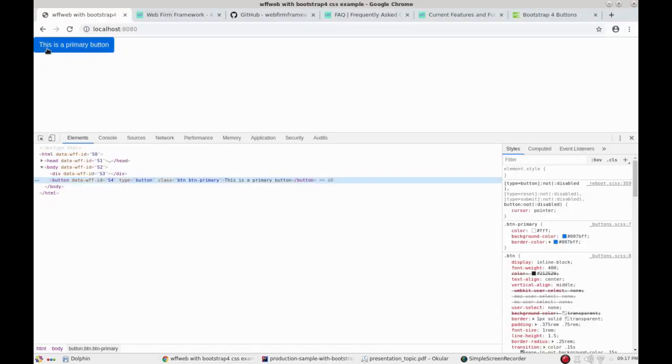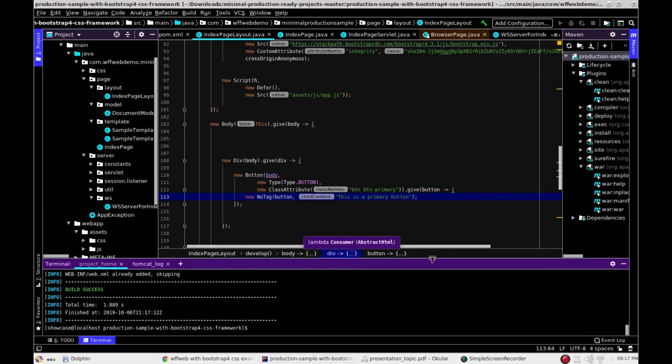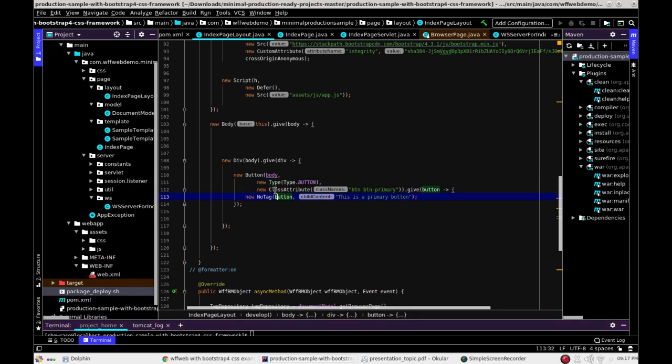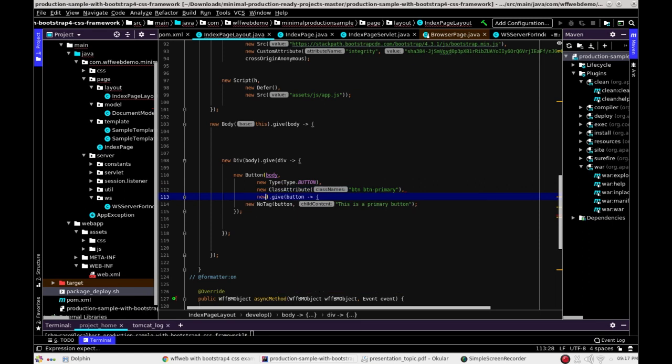This is a primary button. So this is a normal attribute. These are normal attributes: type, class attribute, these are normal attributes. And another type of attribute is the event attribute. Suppose you want to listen to an event, for example onclick is an event attribute. So for every event attribute